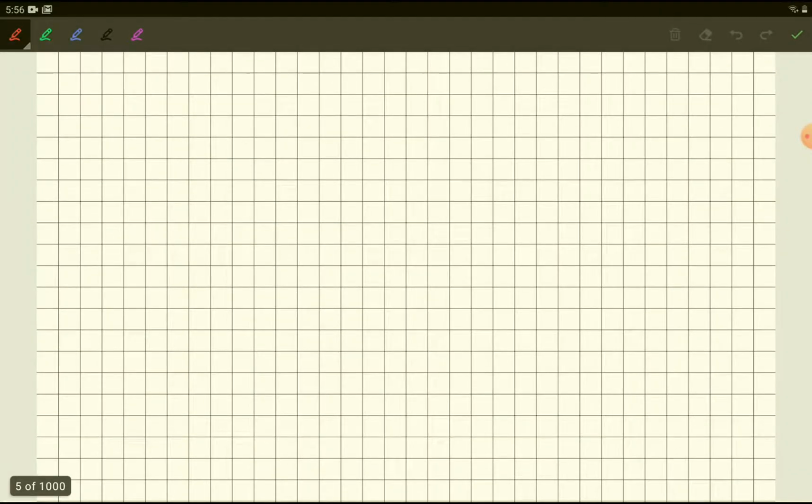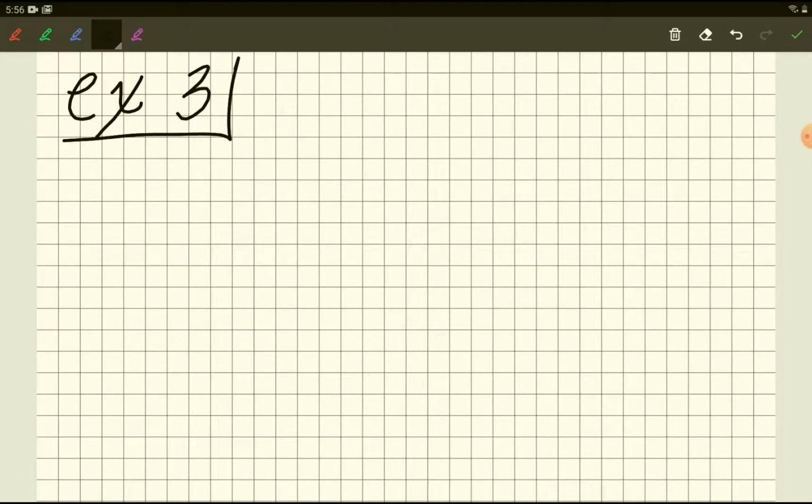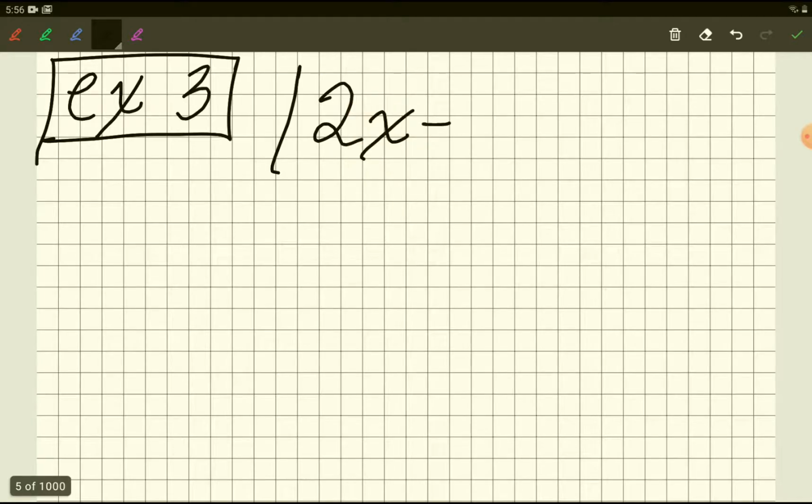I'm going to do another one, last one. Example 3. Say I have 2x plus 4 minus 3 equals